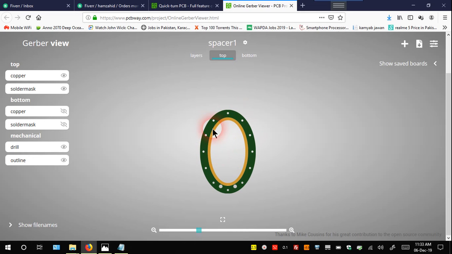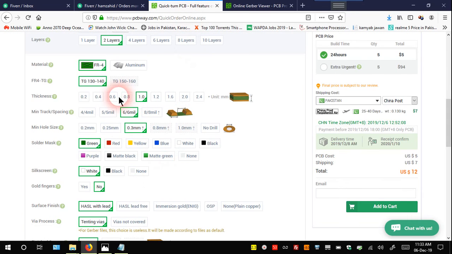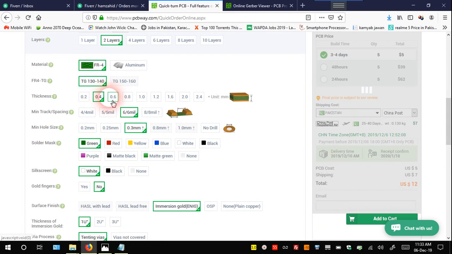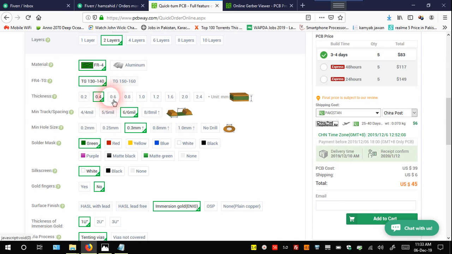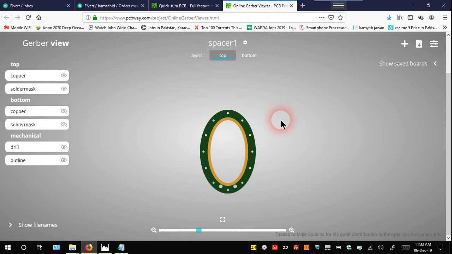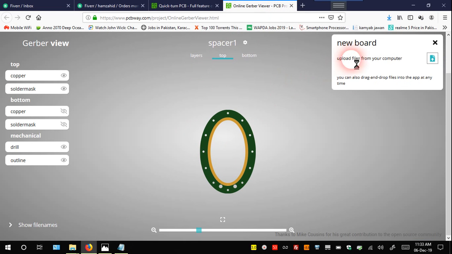comes to about 0.48, something like this, but it does not give you the option to choose the thickness, so you are forced to choose a thickness of 0.4 millimeter, because the board does not come in that customizable resolution. You know, they do not have a board for every thickness you want, so you have to select 0.4 plus the copper layer thickness and the other thickness. It adds up, you know. So now we have